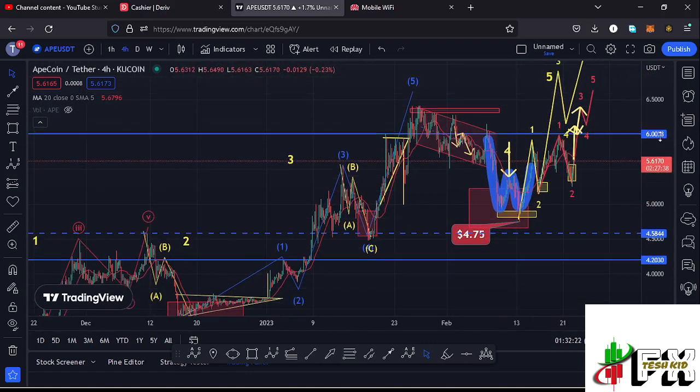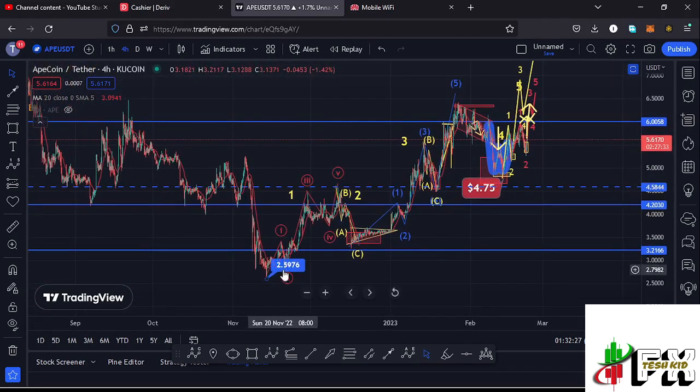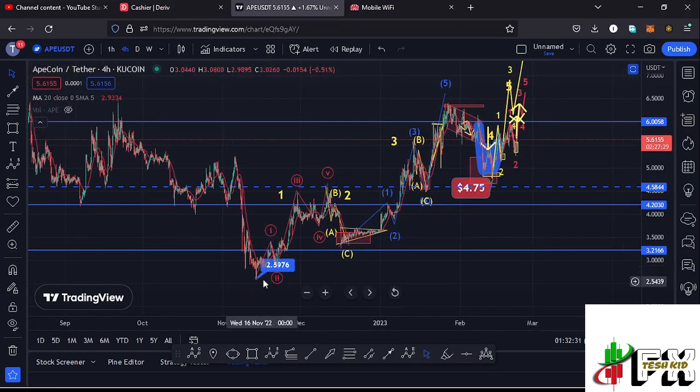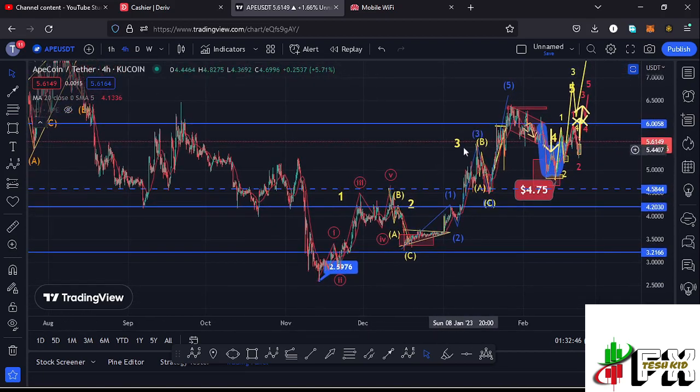And zooming in to give you the long-term scenarios that I'm expecting to play out, you can see that after making our low at around the $2.5976 mark, we started this massive bounce to the upside, making a high at around the $4.6 mark, and also seeing the formation of a larger Elliot wave count 1 to the upside. Then we saw this ABC corrective structure, giving us the low for that higher Elliot wave count 2. Then we saw this bounce to the upside in the formation of that larger Elliot wave count 3,